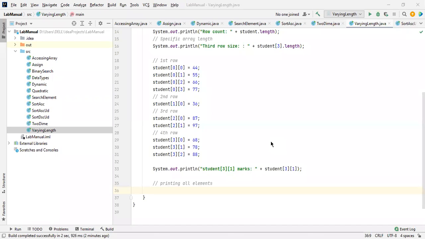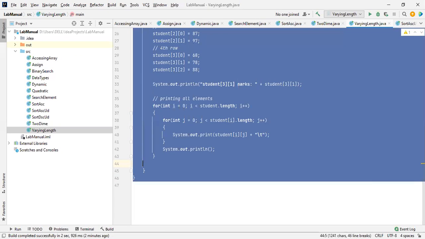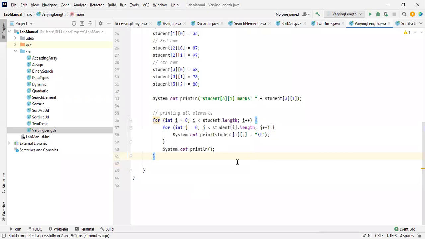I have already shown you a previous example inside a 4x4 matrix. Let me copy this directly. We can save some time. 1, 2, 3, 4. Okay, let me format this. Control A, Control Alt L. Yeah, it has been formatted.